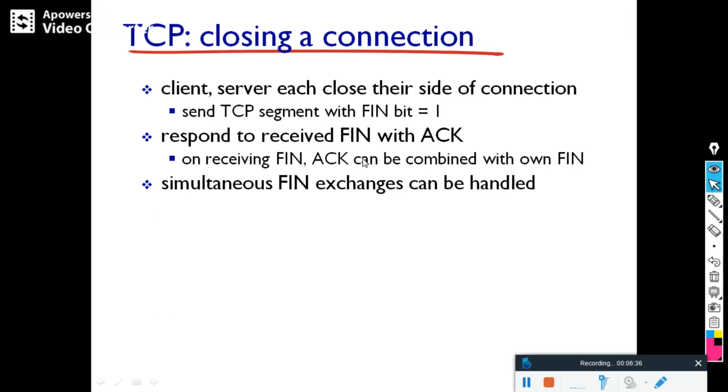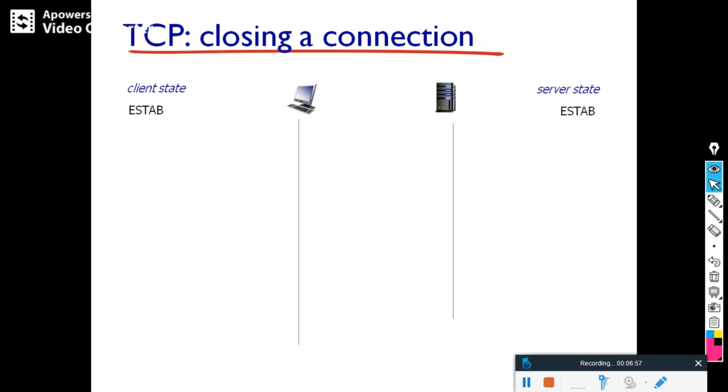So how the TCP will close the connection, that is very important. For closing a connection, we know in the TCP header we have seen there are 5 flag bits. One is the sync bit, one is the acknowledgement bit, one is the push bit, another one is the reset bit, and the other one is the finish bit. So the finish bit should be 1. So how things will take place, you see.